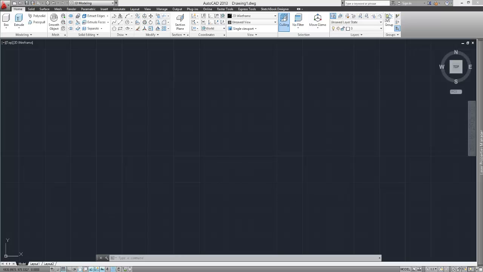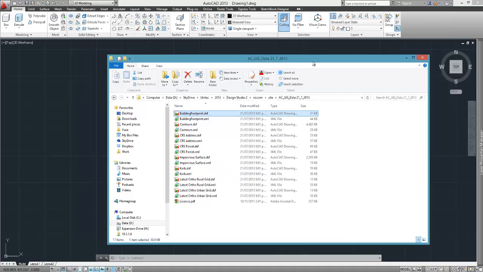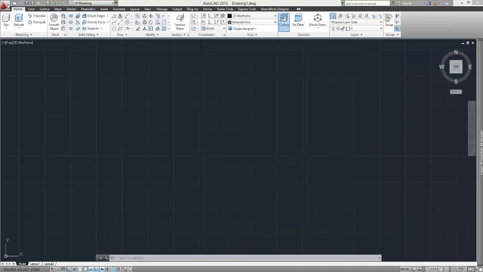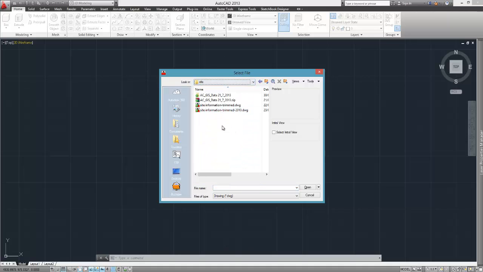Alright, so we've downloaded our data from the GIS website, and we've got our footprints, our contour lines, and some other information, curves and surfaces and so on. What we want to do is open these in AutoCAD here. So if I go File, Open, just scroll into that folder there,